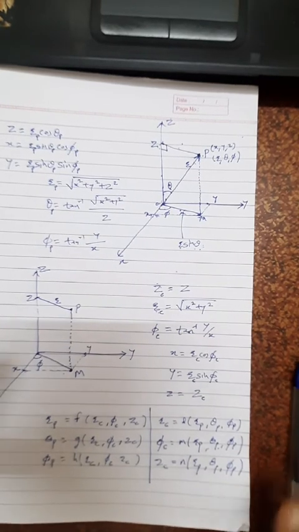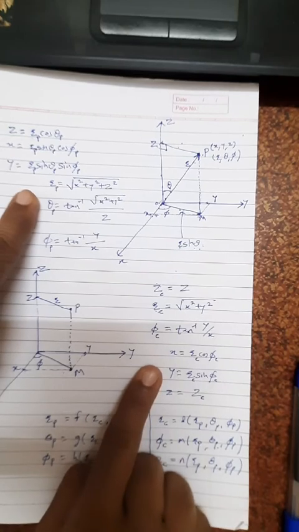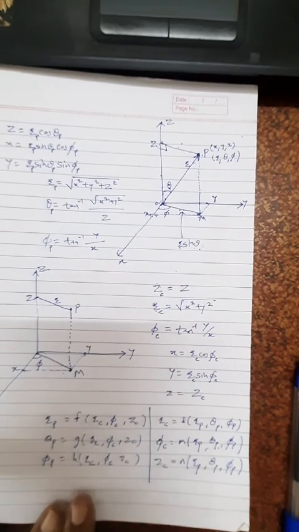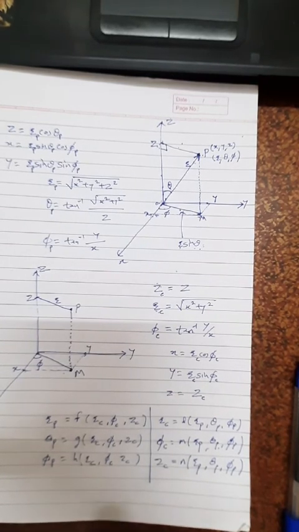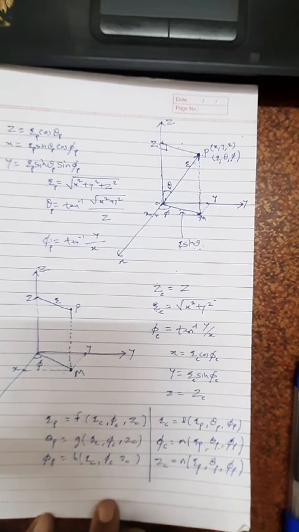Now for that you may use this set of equations as a reference, and then you may derive these equations. Okay, we will stop here. In the next session we will discuss something about the del operator in these 3 coordinate systems, and then we can get an idea about the gradient, divergence and curl in different coordinate systems when the function is expressed in that particular coordinate system. Thank you.